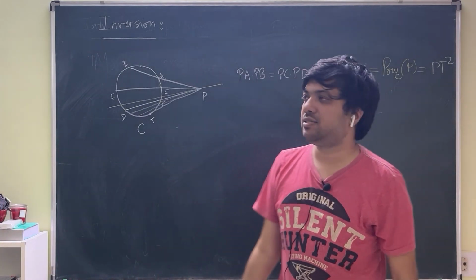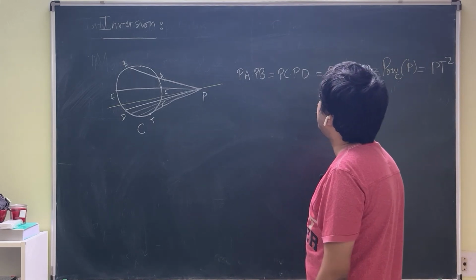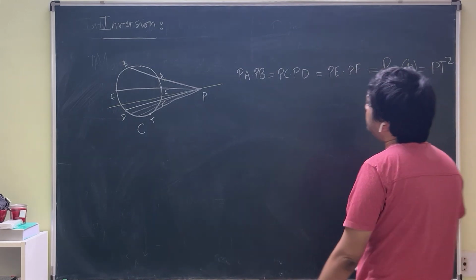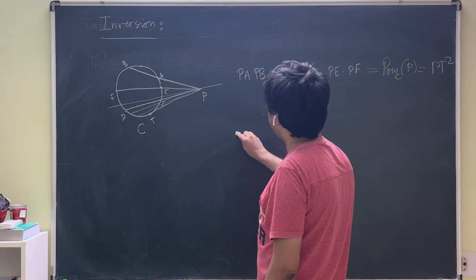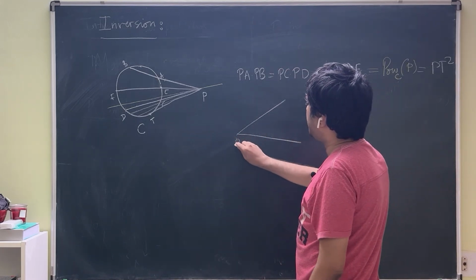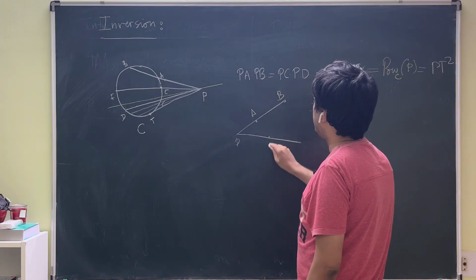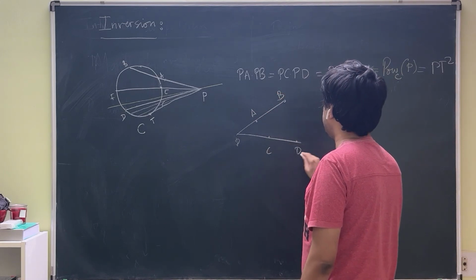One of the key things in this discussion is the converse. The converse means the following. Supposing you have two lines which intersect at a point P, and supposing there are four points, two points on one line, two on the other, such that